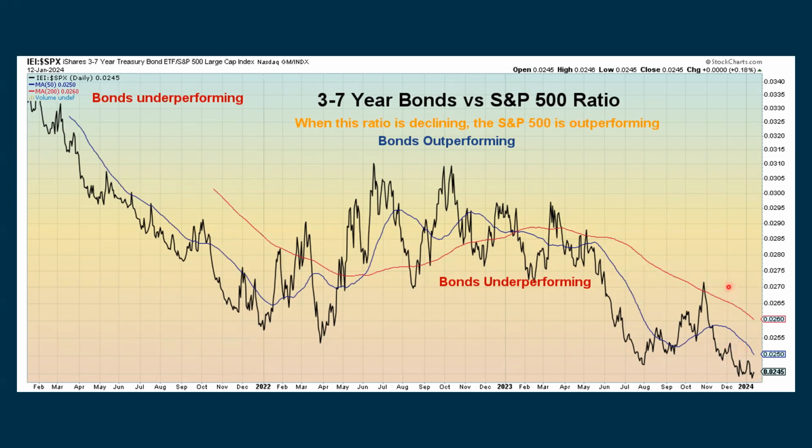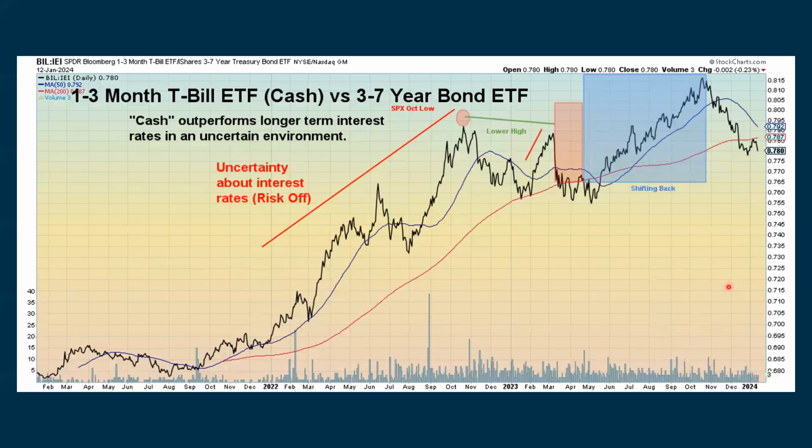When this is going up, that means that stocks are outperforming bonds. Then we look at the 1 to 3 month T-bill, which you could pretty much call cash. We compare it with bonds. When this is going down the way it has been, that means that folks are a little more confident about